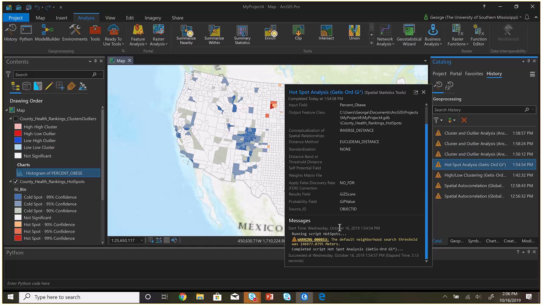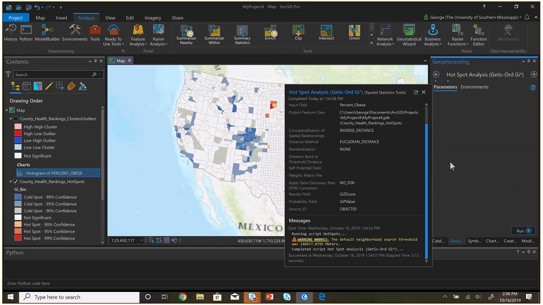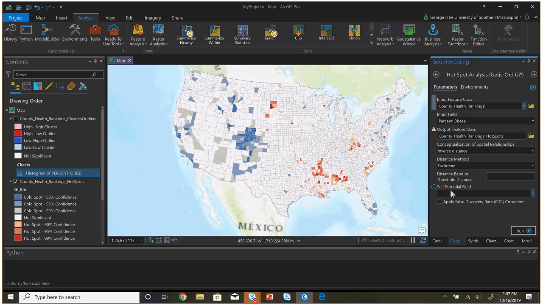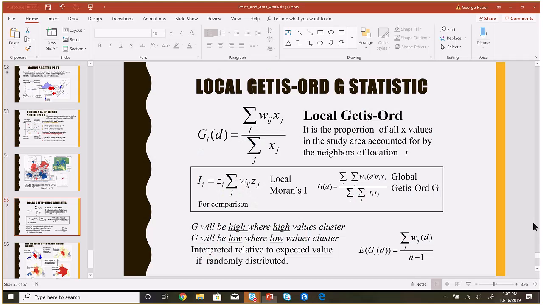There's where I ran it. Okay. So this should create the same as that. All right, so that's the